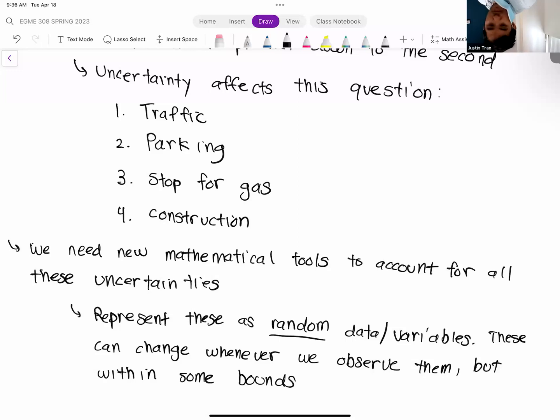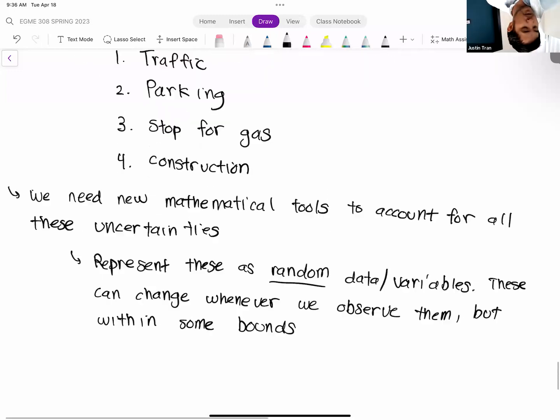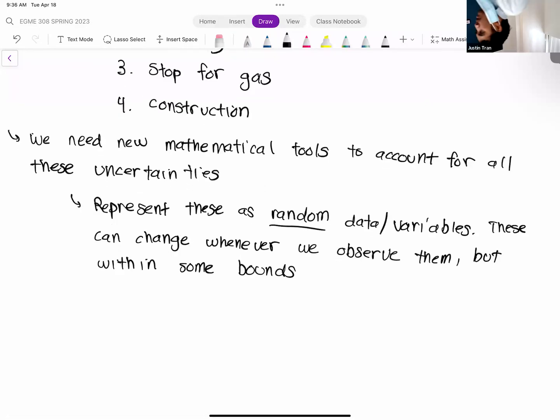Okay. And so what we're going to go over today is how to represent this data graphically. So today's all about what I call data representation. All right, any questions on this so far?